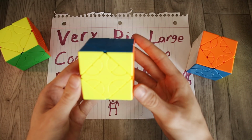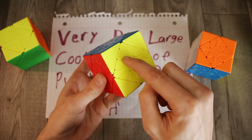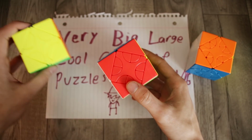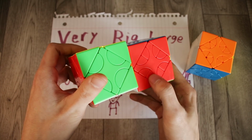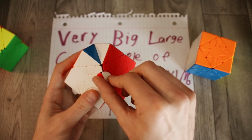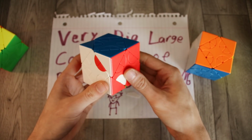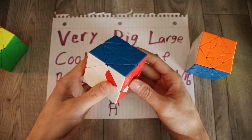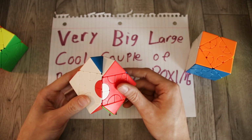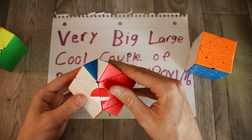If we look at the Skewb Mix-Up 2, these centers, or these center edges, have been split down the middle. So on this one it's just 1, but here, split down the middle for 2, which means we can switch 1, right? And we got that 1 switch. But then if we do something like, for example, how do we get, oh, I see,